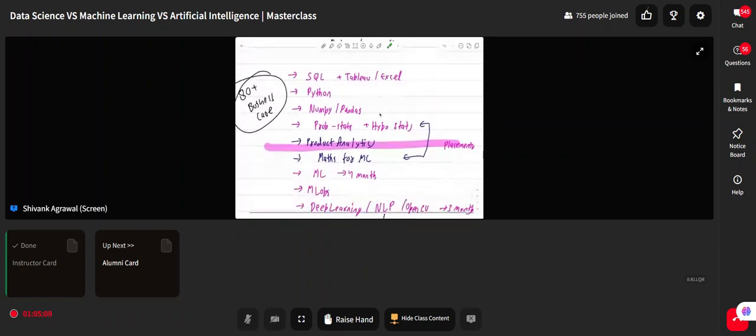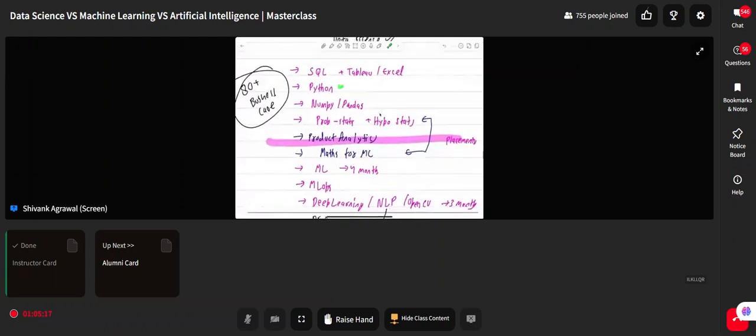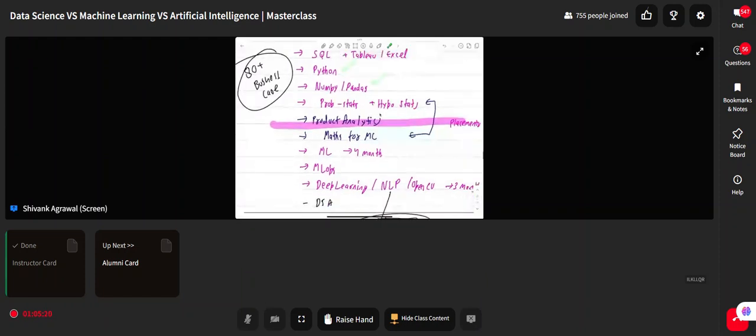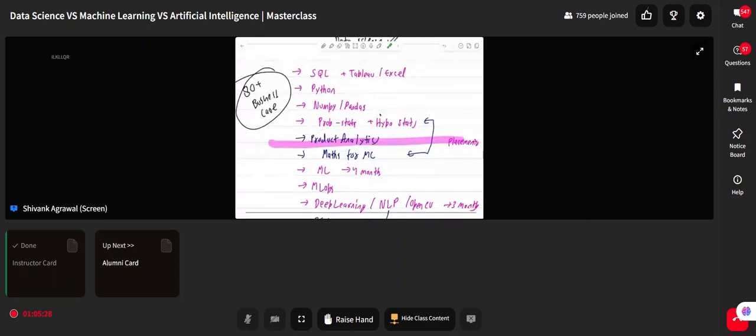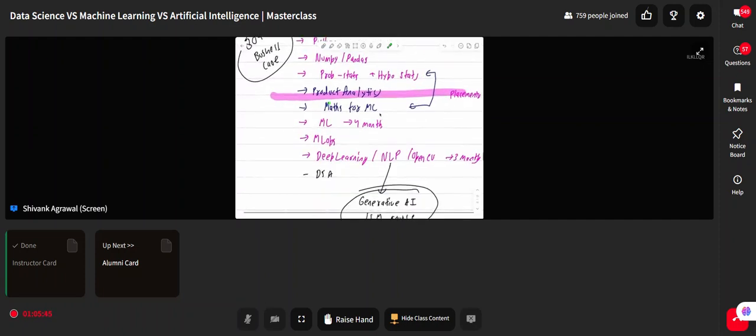Now let's talk about what things are being covered. One is SQL and Tableau, which is going to be the first section. Then it's going to be Python. Then NumPy and Pandas. Then probability, statistics and hypothesis testing. After that, it's going to be product analytics. Once you finish till this point, it covers almost everything required from a DA perspective. Now, once this is done, folks sit for placement and go for the job roles. That's another part. Then after that, folks go further for another job side of it, which is